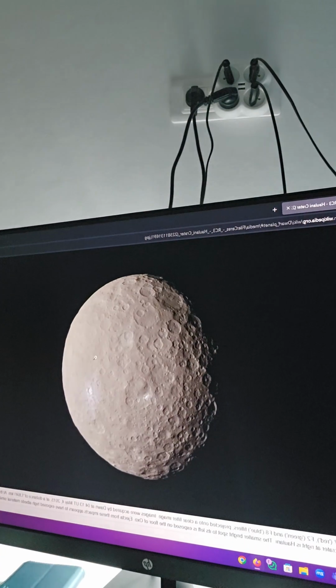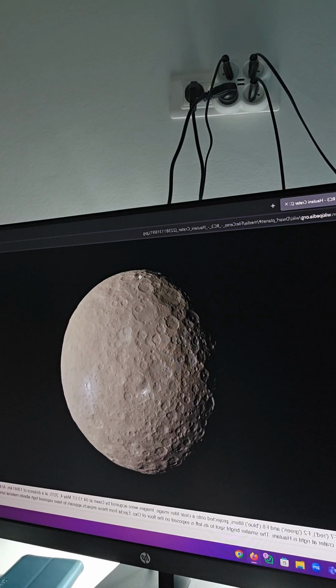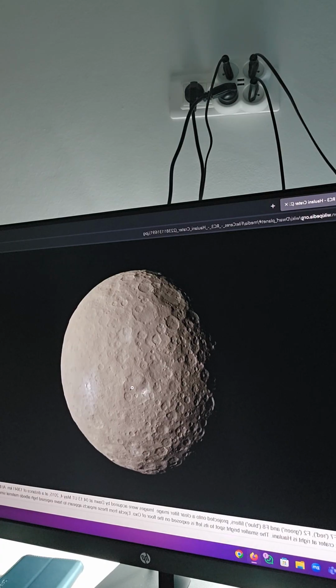Now, I will show it here as an example. For your own knowledge, this is Ceres. Ceres is a very small round body, no more than some hundreds of kilometers across. And it has white patches. Those white patches are basically salt that came from a subsurface ocean located underneath its icy layer. Ceres, of course, is the closest dwarf planet we have,